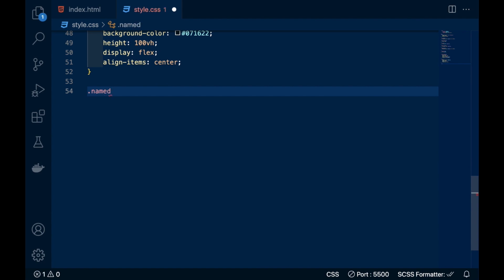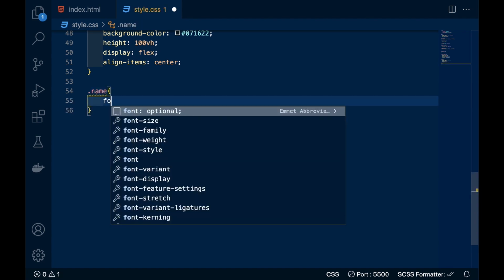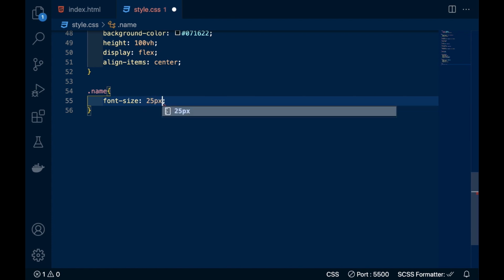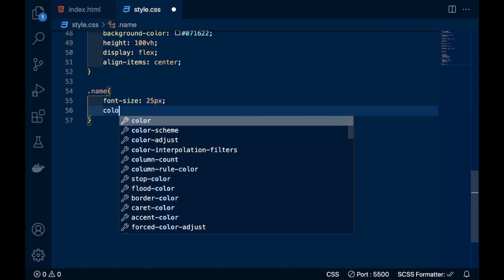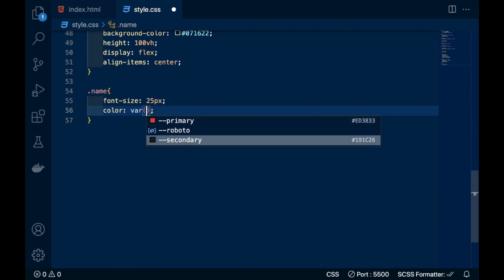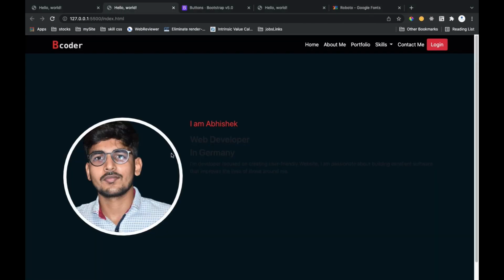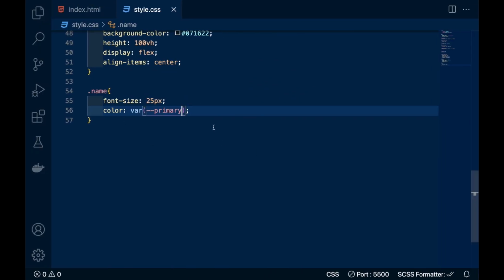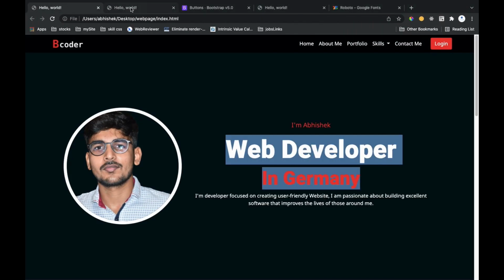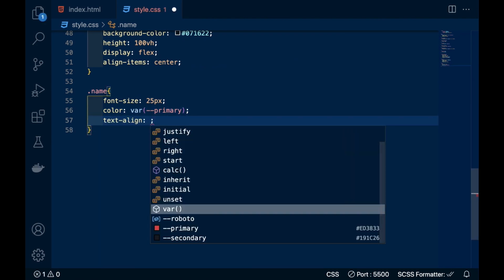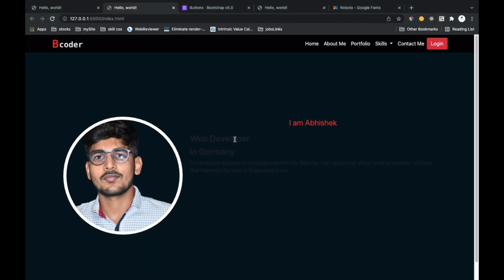So first of all, style the name. Font size will be 25 pixels and color will be primary. So here you can see, and text alignment would be center.